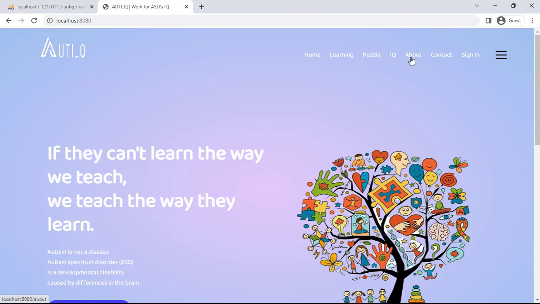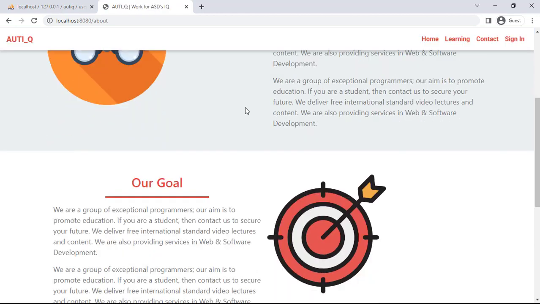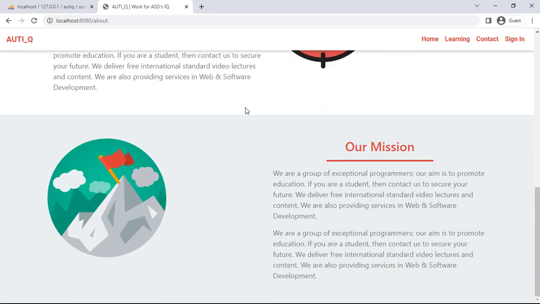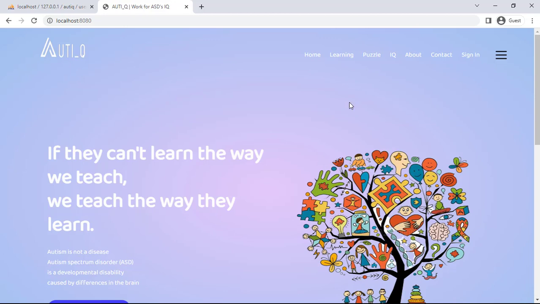Without login, we can visit our home page, about page, and contact page. Now I visit the about page. This is our about page, and this is our contact page, from me, Mehdi Hassan, and Rashidul Alam. And if we go to the home page again, and after sign in,